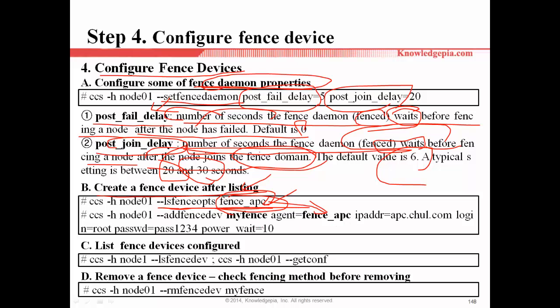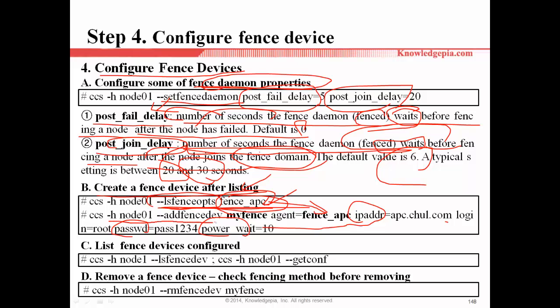Then we can see the options, for example, IP address, login, password, and power wait. So the first time, we need to check our fencing agent using only this option, ccs fence options. Then this command will show all kinds of fencing agents. Among these fencing agents, you can select one. And after that, here